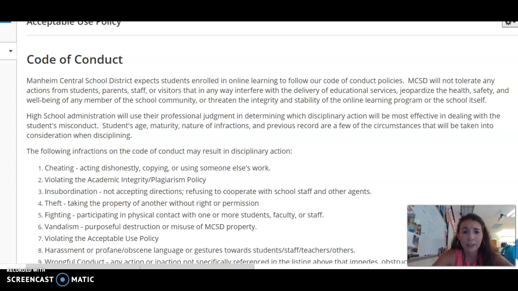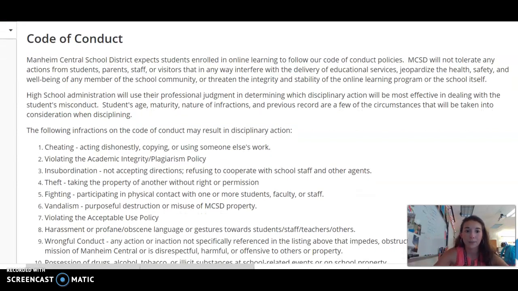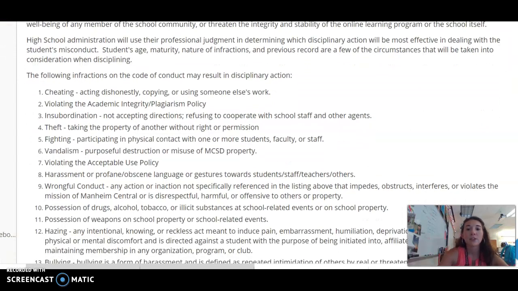The following infractions on the Code of Conduct may result in disciplinary action. So cheating, acting dishonestly, copying or using someone else's work, violating the academic integrity plagiarism policy, insubordination, not accepting directions, refusing to cooperate with school staff and other agents, fighting, participating in physical contact with one or more students, faculty, or staff, vandalism, purposeful destruction or misuse of property, violating the acceptable use policy, harassment or profane, obscene language or gestures, wrongful conduct, any action or inaction